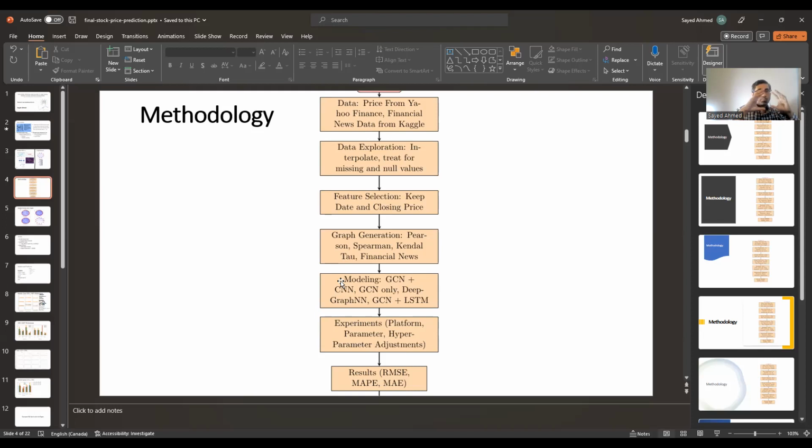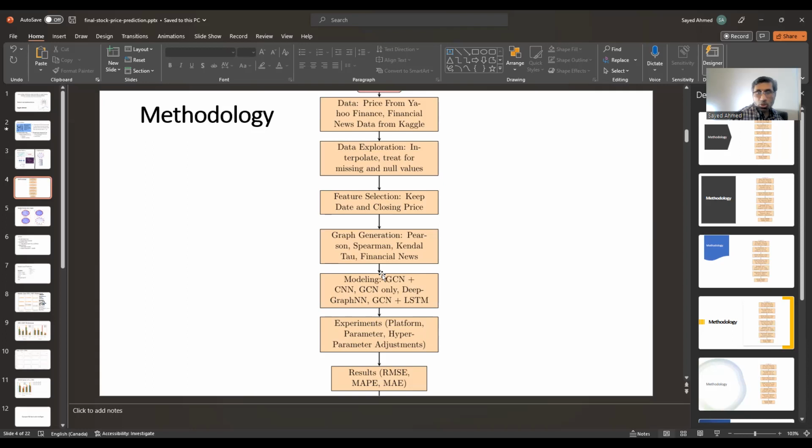I think the paper shows one block that has GCN, CNN, another block GCN, CNN, and then the MLP. But in my case, it is GCN, CNN, MLP. I was also trying GCN only. Deep graph NN, I could modify it to create the GCN, CNN, MLP, and I believe that is highly likely. GCN, LSTM is something I probably have to try.